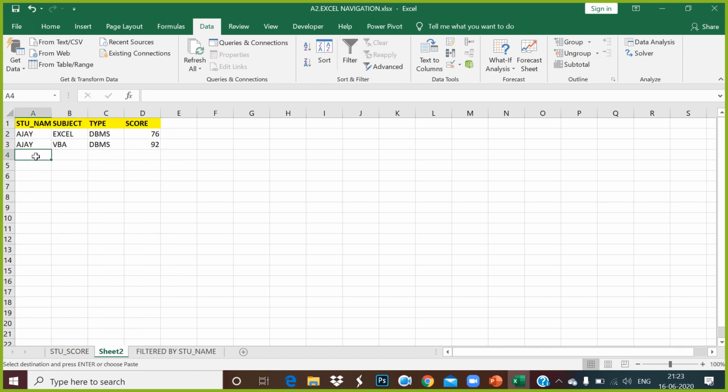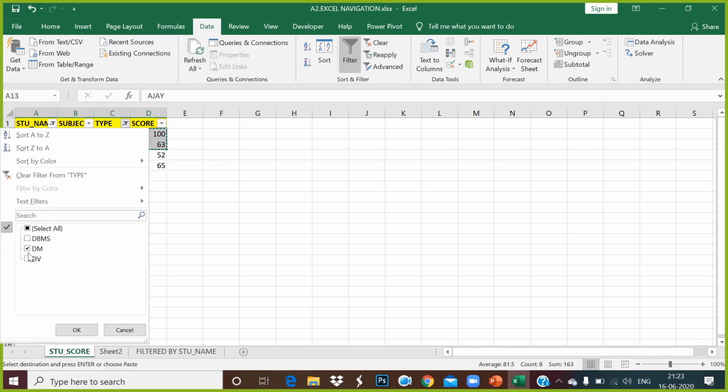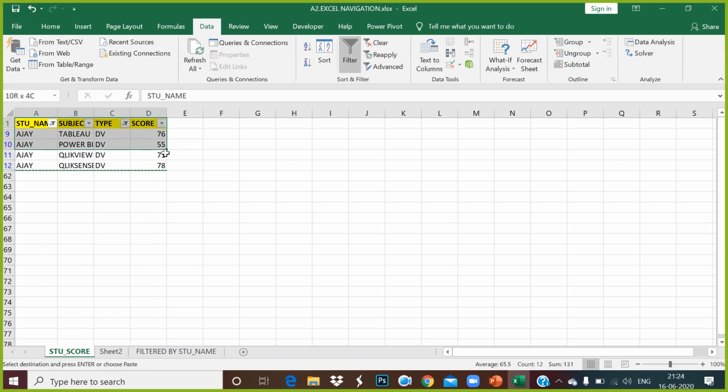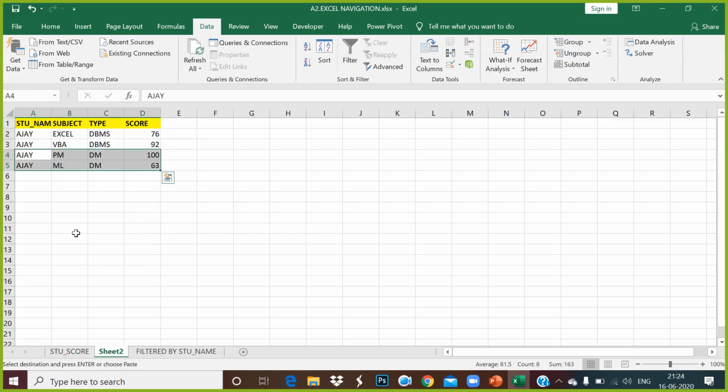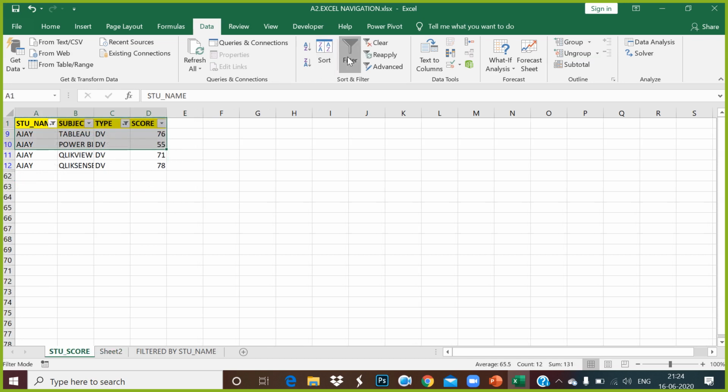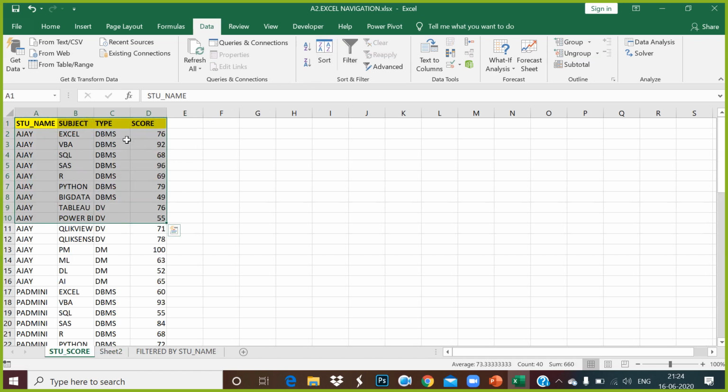Select this, paste it over here. Again, you go for selecting here for data visualization. So guys, this is how we are doing this manual work in Excel. But in such situations, rather than doing it manually, it is always advisable to write a program in Excel that can do this task for us, selecting from each type, two tools or two subjects. We can do that by writing a VBA program. So we'll learn about VBA after finishing the basic and advanced topics in Excel.